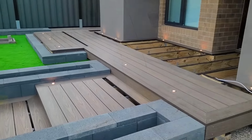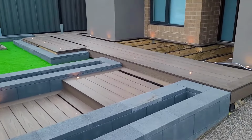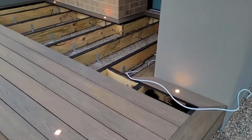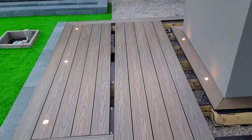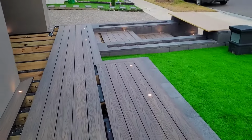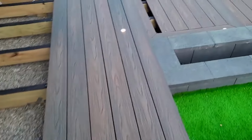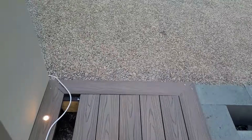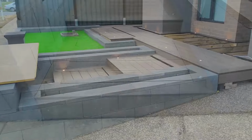I'm done for today. So far this is how it looked. This is the progress. I was testing the lights. All the lights are working, there is no issue. Tomorrow I think there is one 8-hour work day left. I will finish, and then I will put some small pieces in these gaps, and then I need to fix the electricity cable also. So I think it will look nice when it's